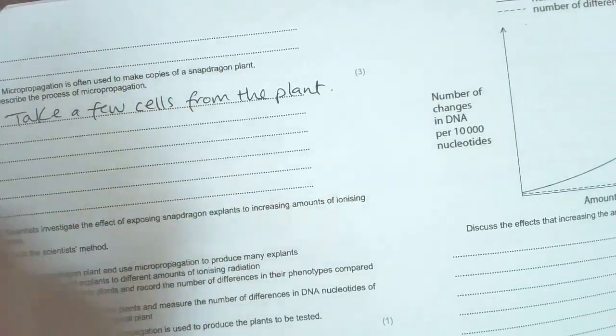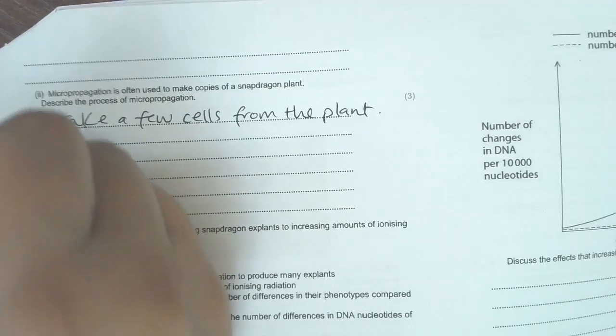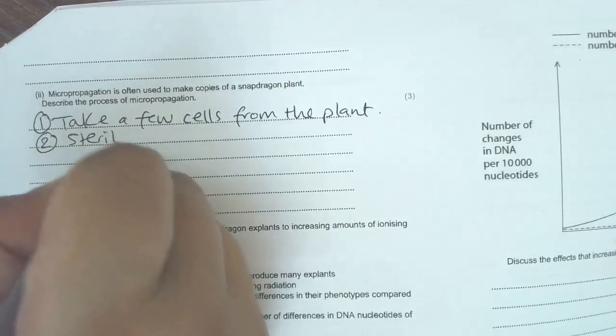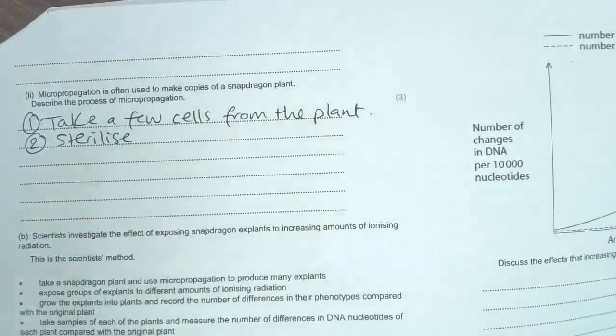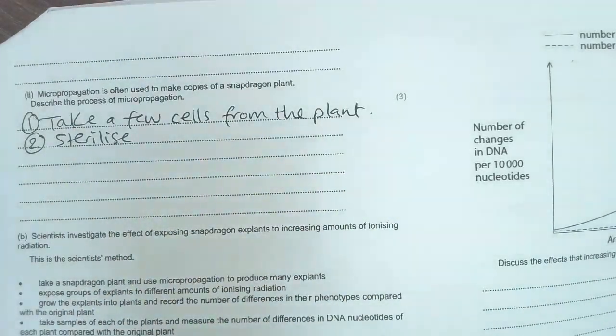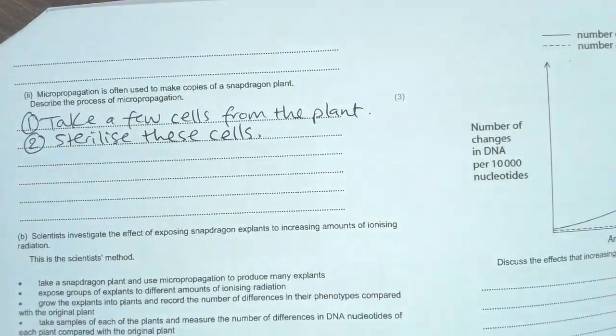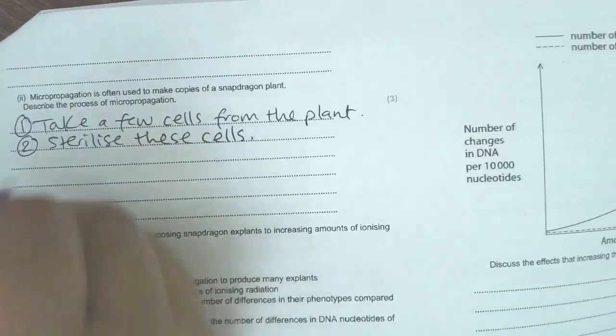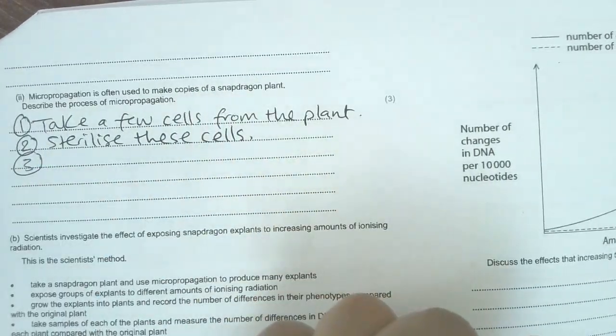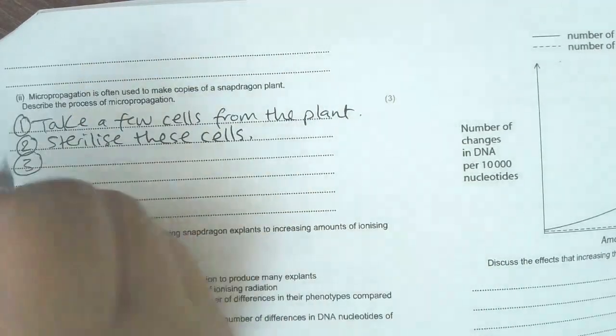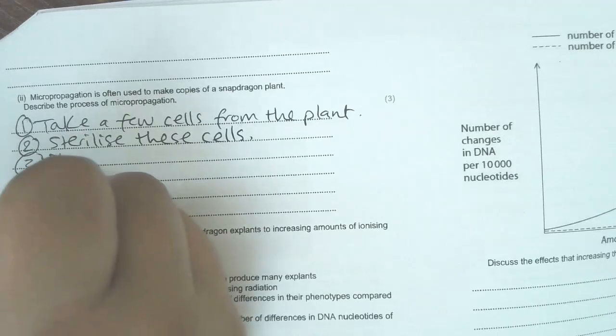This is, by the way, the most detailed answer possible here. So step one. Step two, we want to sterilize these cells, so maybe wash them in alcohol, or disinfectant or antiseptic. Okay, you can just say sterilize, or you can say wash them with ethanol or disinfectant. Now in a lab, what do we call that jelly stuff that has lots of minerals in it, and is like the perfect medium for cell growth? It is indeed agar. So place them